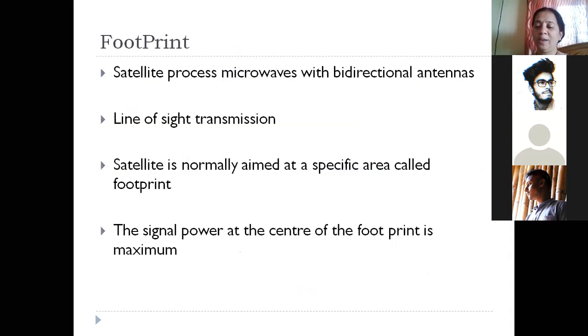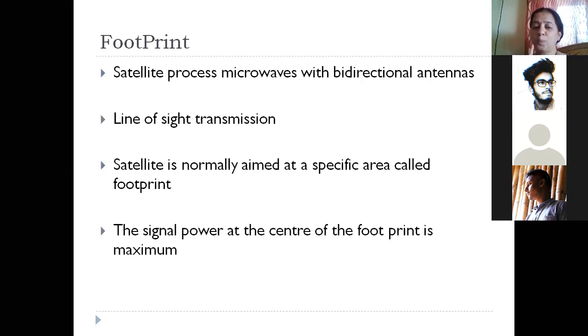So when we talk about satellite networks, there is one important term which we come across, and that is called a footprint. Now, what is a footprint? Satellites that move around the Earth make use of microwaves, which is a wireless medium for the purpose of transmission of data.